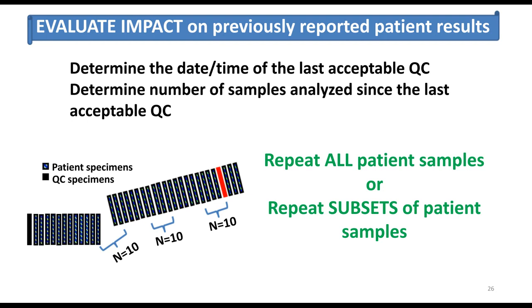One strategy to reduce the number of repeats required is to test subsets of patient samples at different time points between the failure and the last acceptable QC result to narrow down the time frame of the error. For example, you could repeat patient samples in groups of 10 at different time points. If results are compared before and after correction of the issue, we can identify the time frame of the event because this is when the repeat values would not match the originally reported values. This slide shows that, in fact, only about 3/4 of the samples need to be repeated.